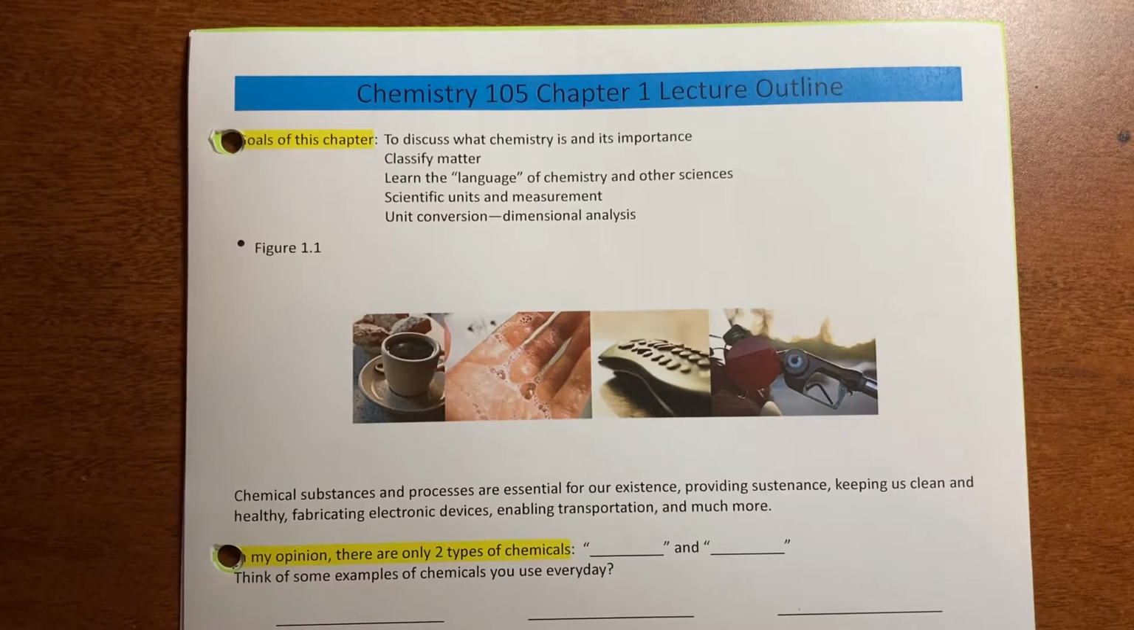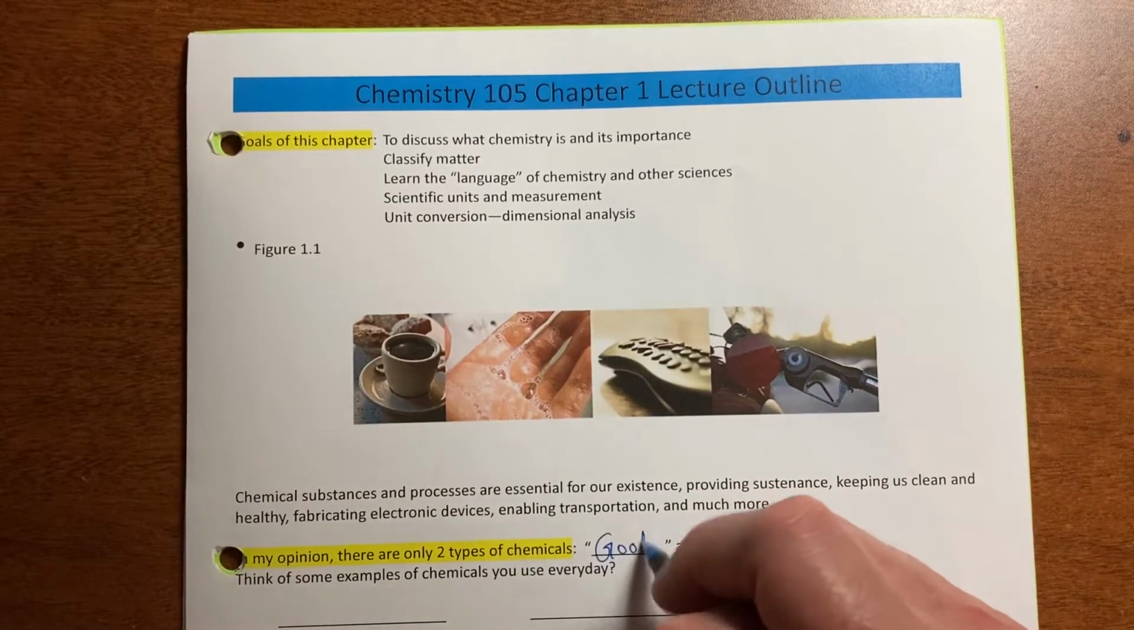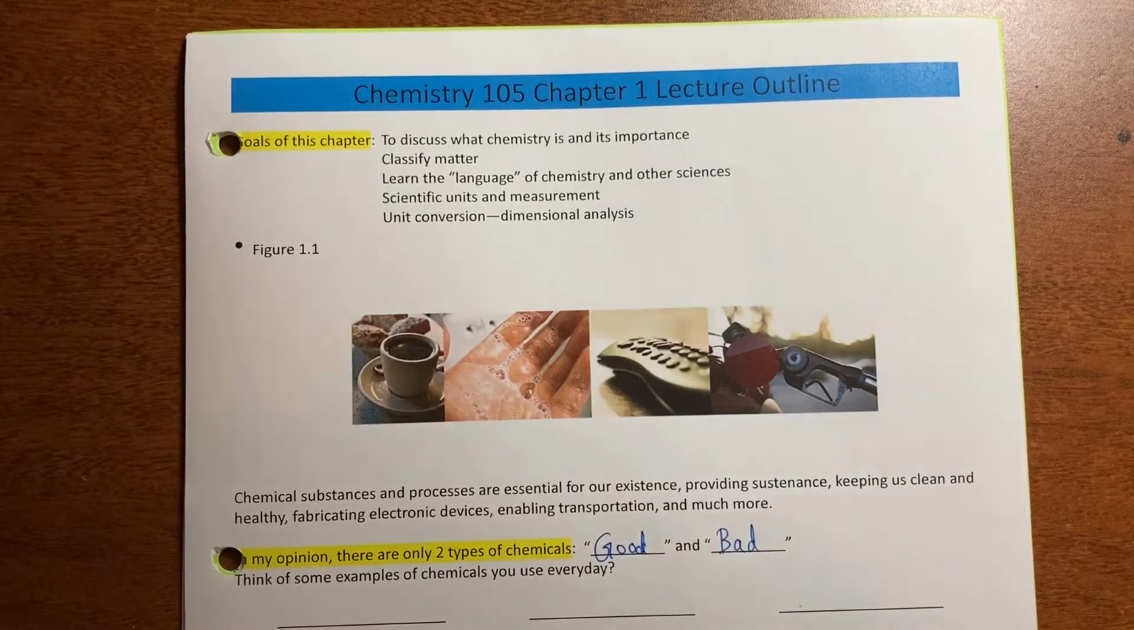In my opinion, really, there are only 2 types of chemicals. People always say, oh, it's got chemicals, they must be bad. It must be unhealthy. Well, that's not necessarily true. There's really only good chemicals and bad chemicals. Everything is a chemical, really. Let's think of some